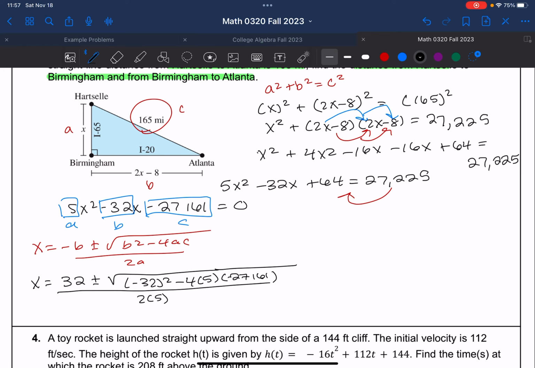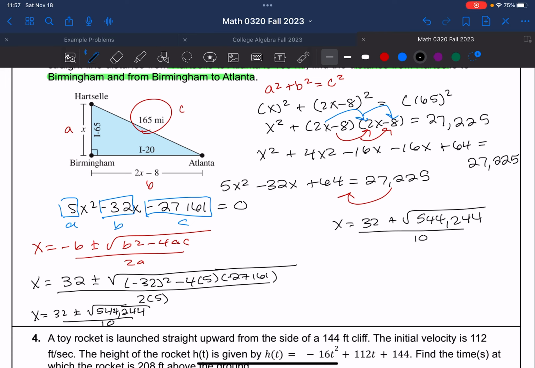Simplifying everything under that radical in your calculator, you're going to get x is equal to 32 plus or minus the square root of 554,244 all over 10. Which means we have our two possible answer choices. We have x is equal to 32 plus that square root